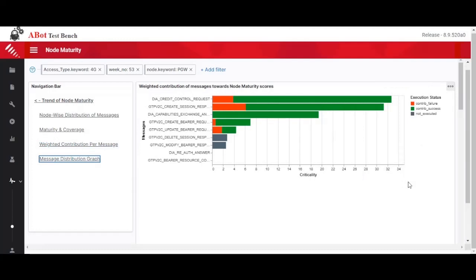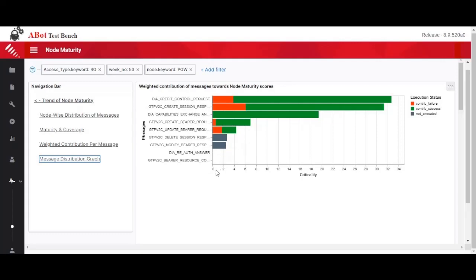This report provides a list of all the messages relevant to the node, sorted based on the criticality score. The criticality score is a metric calculated by Abaut's machine learning algorithm, which maps all messages executed by different test cases over time. Based on the different call flows, it sees which message is more important with respect to others. In this report, a color bar indicator shows how many times the message was successfully executed. The messages that did not execute are grayed out. This analysis gives a clear picture of the maturity figure of a particular node.